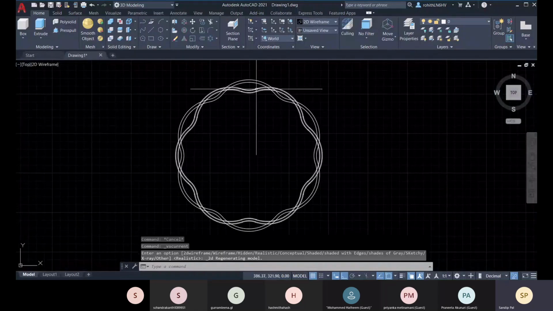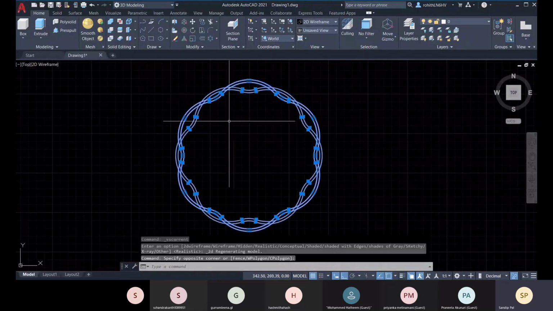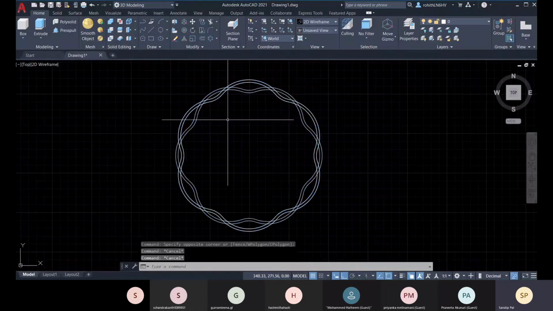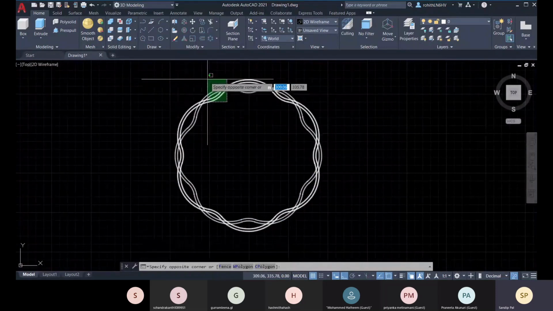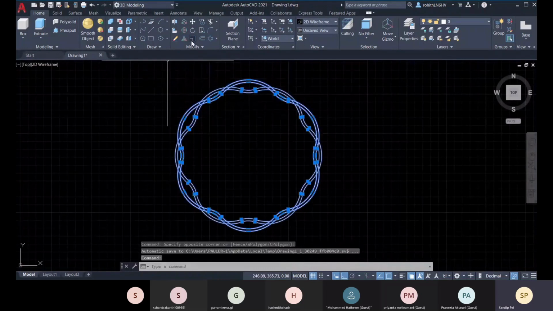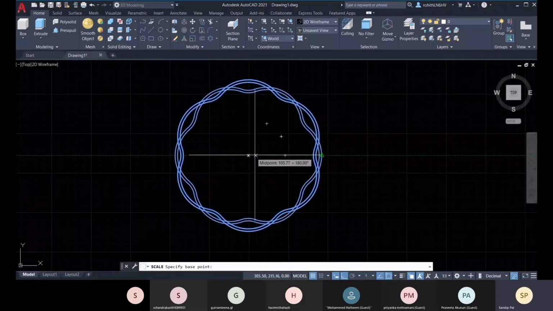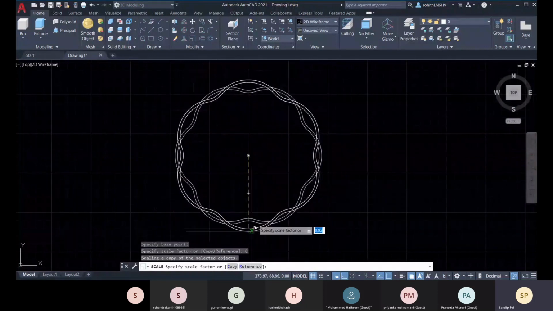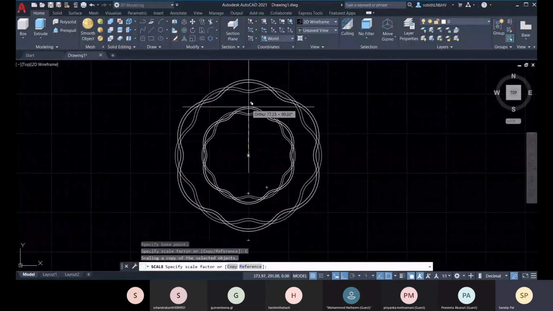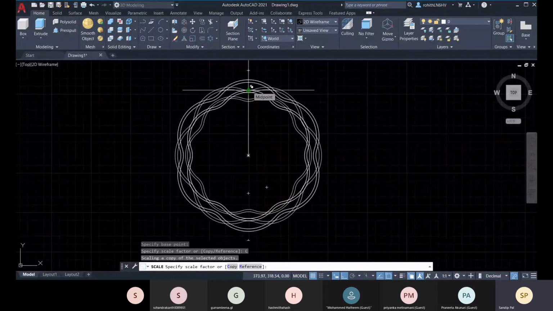And so these two you have right now. And next what you can do, you can do this, the scale, and go for copy. Now you are doing copy, and now this time you will be selecting this, okay.